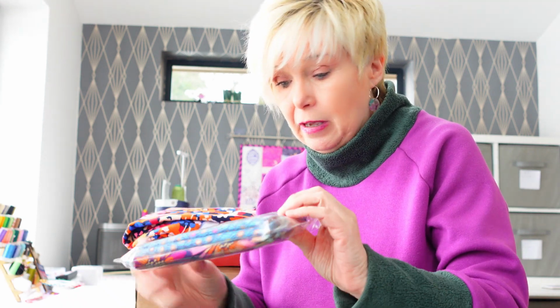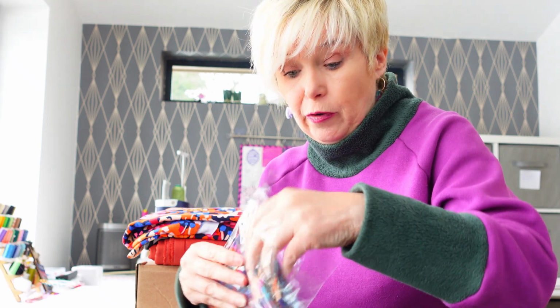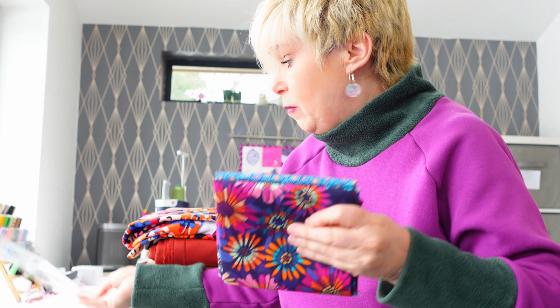I've been naughty and I've bought some fabrics. I'm confessing. Not many, but I bought a few. So let's show you what I got. These fabrics are all intentional purchases, so I'm all right with that. The first ones are from a company called Love from Beth. Get this baby open. And I've just got half a litre of each of these for my quilt class, because